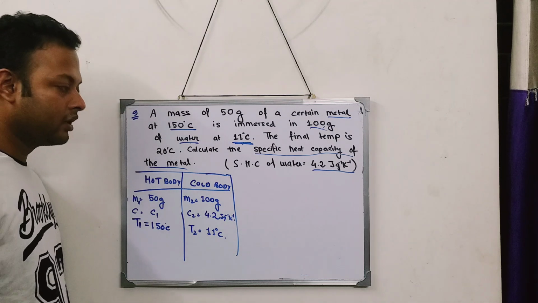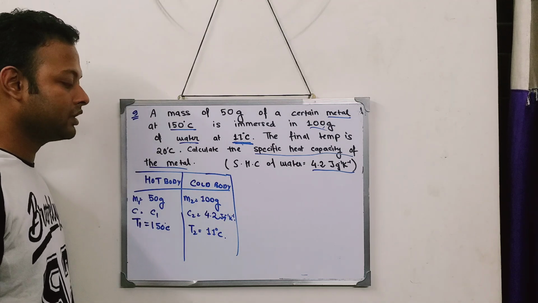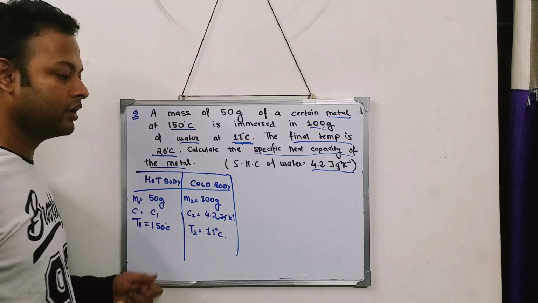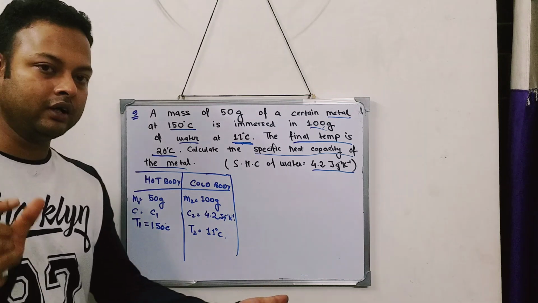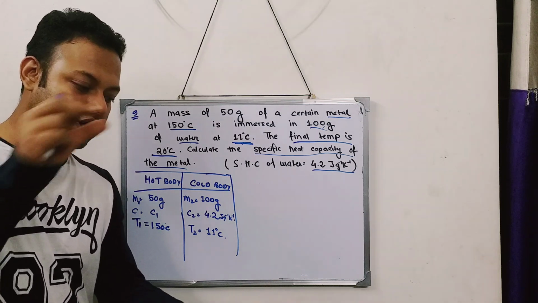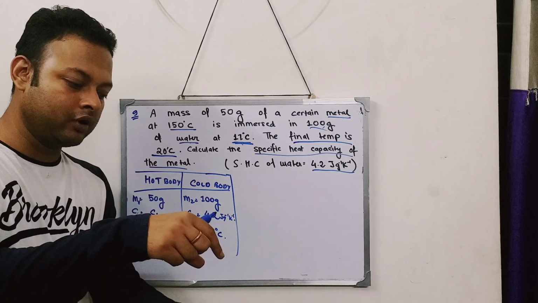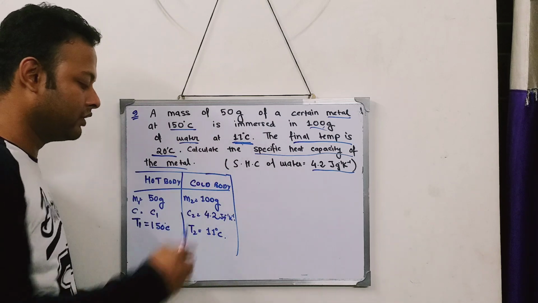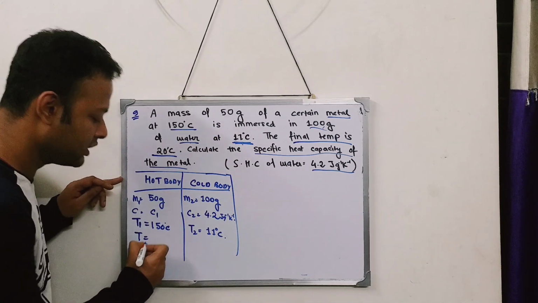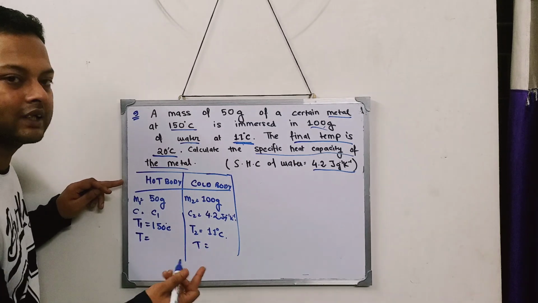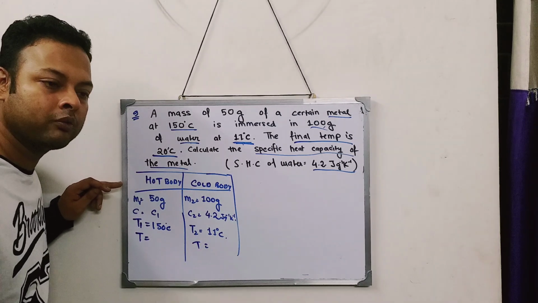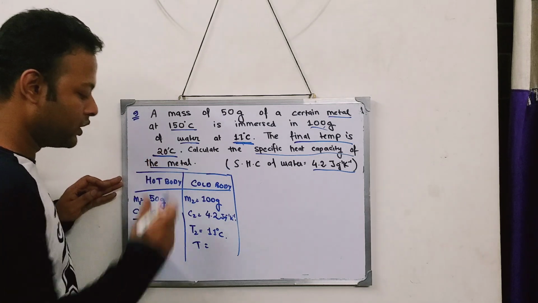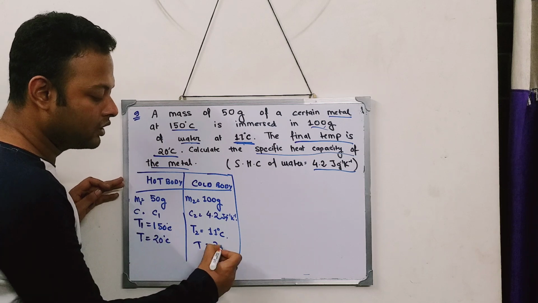So you know this. Now I need to find the final temperature. Oh, sorry, the final temperature is given as 20 degrees. So what does it mean? This water is at 11 degrees, and that hot body is at 150. As I put them together, the hot body and the cold body combine, and the resultant final temperature, let's consider as T, will be the same for both of them, because once they mix they become a single body, and that single body's temperature is given as 20 degrees centigrade.